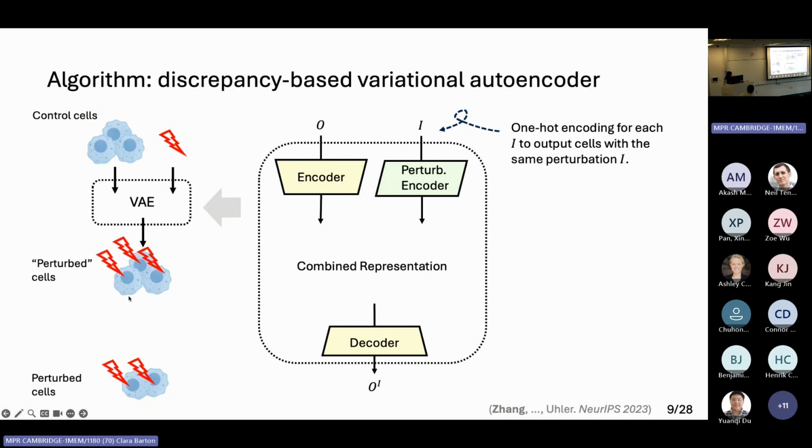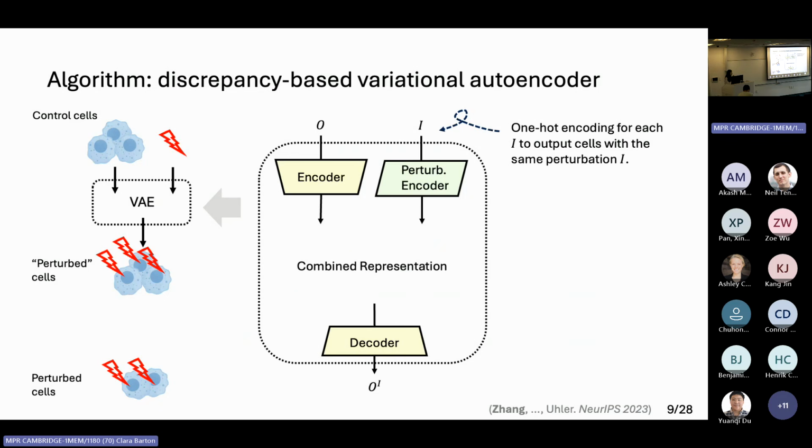Essentially the perturbation encoder just takes in maybe an indicator, for example a one-hot encoding, that tells you that I'm now generating a perturbed cell corresponding to that perturbation. So while doing this, we can generate a bunch of perturbed cells corresponding to the perturbed version of the control cells. But the problem is